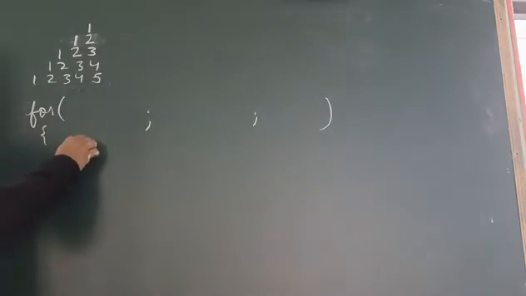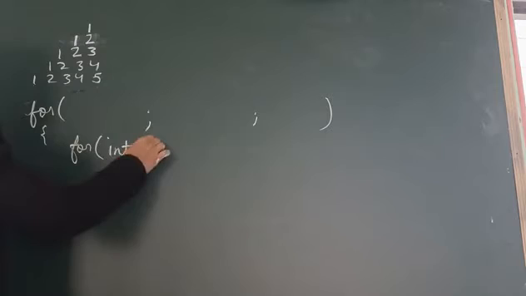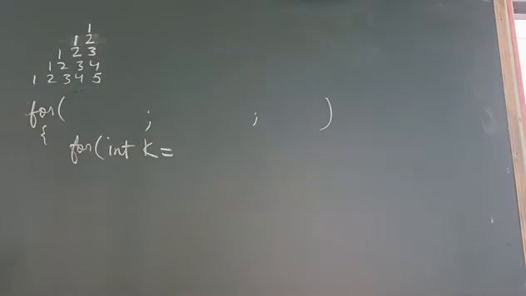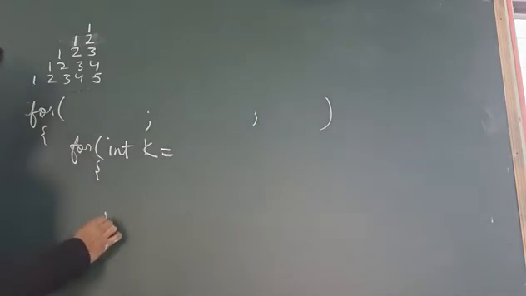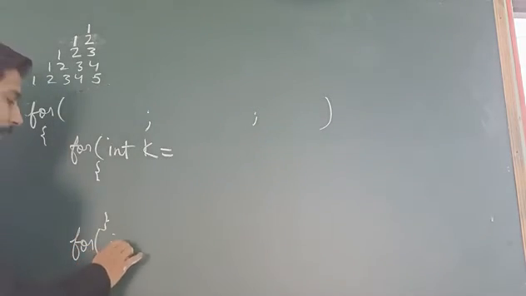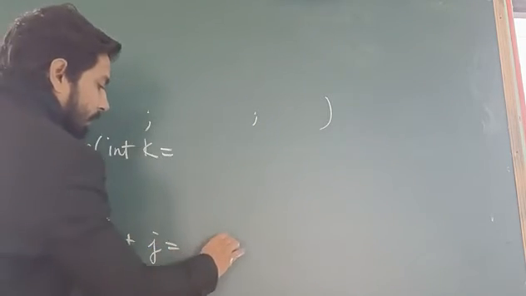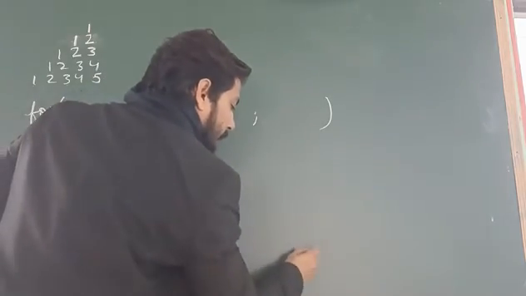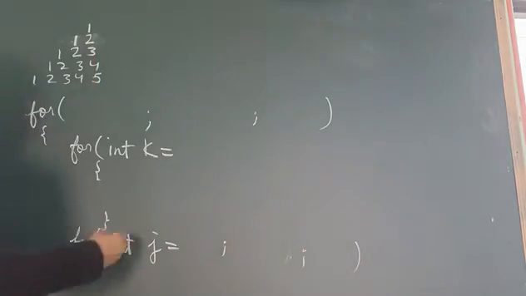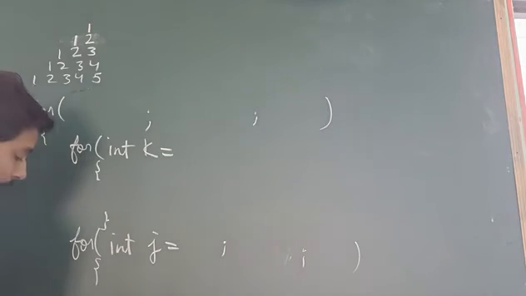Your second loop will be your K loop. Okay, we are going to take the space loop with the variable K, and make it empty right now. We just leave it empty for now. Then our same loop will be there, the J loop. You just ignore this loop for now, your J loop, your K loop.